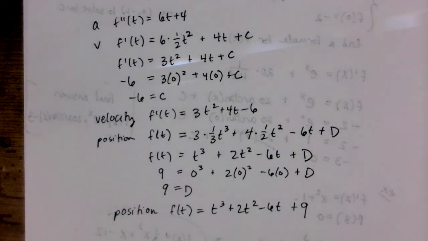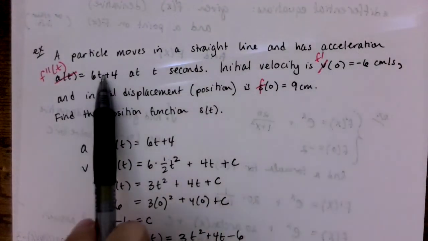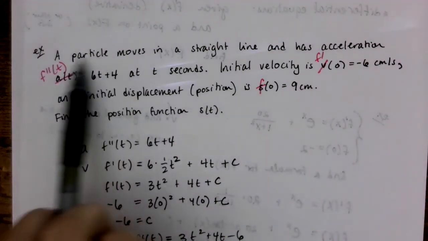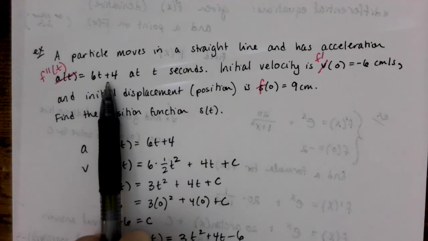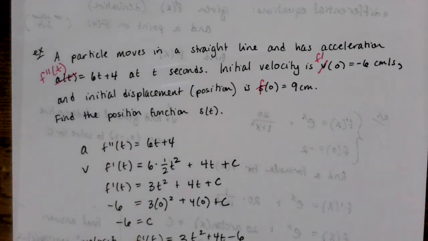All right, so one last comment about the linear motion problems. It's possible that you're going to see a linear motion problem where in the setup, they don't tell you the acceleration formula. They just say like, oh, it was thrown up in the air, so it's falling. This object is just kind of falling. The reason that they don't need to give you a formula for the acceleration in those problems is because if gravity is the only force on this thing, meaning it's just a falling object, then we actually know its acceleration. So if it is just under the force of gravity,